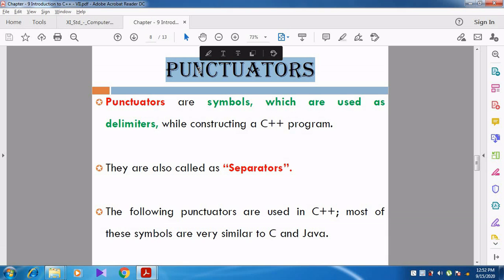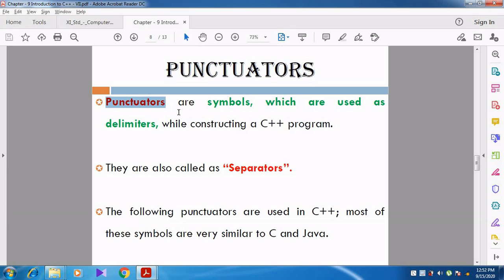What is meant by a punctuator? Already I told you, in English you have studied punctuation marks. What are punctuation marks? Single quotes, double quotes, comma, dot. All the special characters are called punctuation marks. Here also they are saying the same.